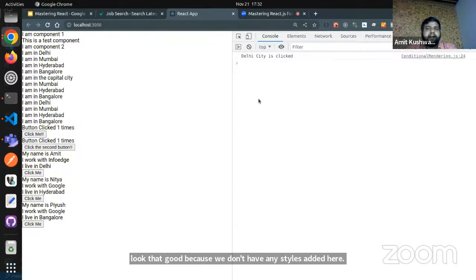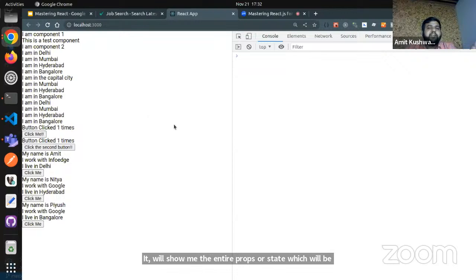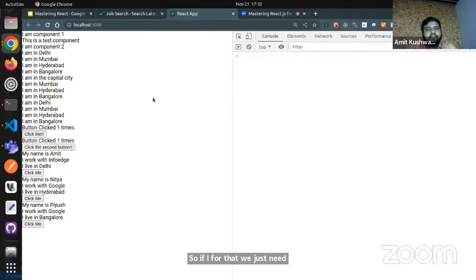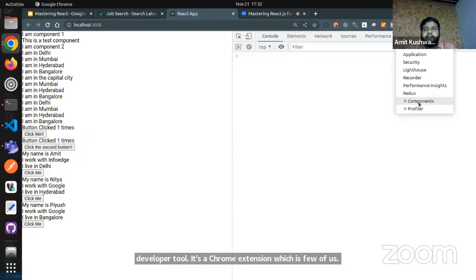If I use the React Developer tools, which is a tool provided to us by the React team itself, it will show me the entire props or state which are being passed here. I can use it to inspect and find the particular state at that moment. For that, we just need to download the React Developer tools. It's a Chrome extension which is free of cost. Now it is added to my inspect elements tab, and if I go to components,